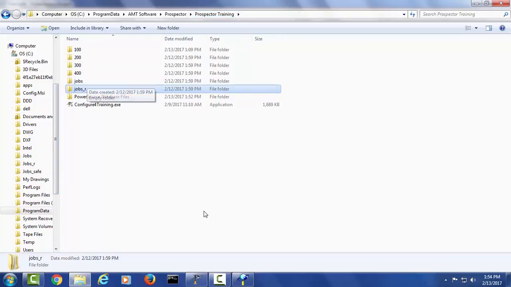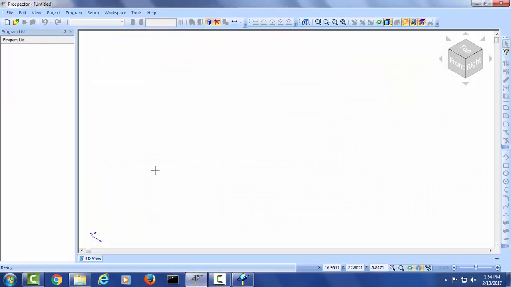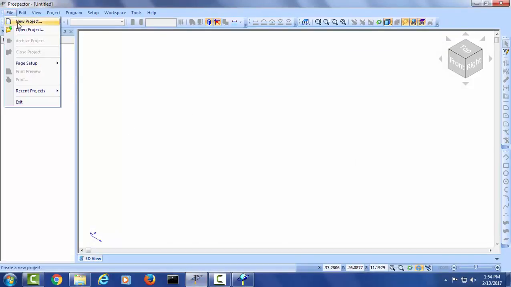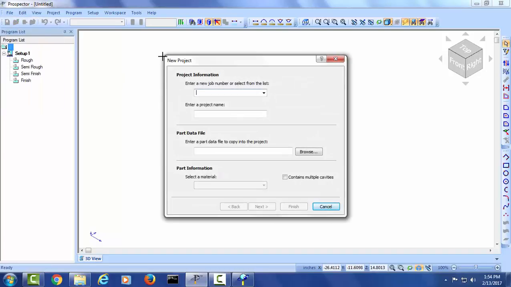Okay, now let's go back to Prospector, and I'm going to create a new project, and we'll see what goes on behind the scenes here. So the first page of the new project wizard, I have to give it project information. I have to give it a job number and a project name. Now, the job number also has a drop-down list of all the job numbers that are available, both local and remote. So right now I have nothing local, so these are showing me only the remote jobs, but it'll show both. I'm going to create a new job called 100, and I'm going to give it a project name, Cavity,